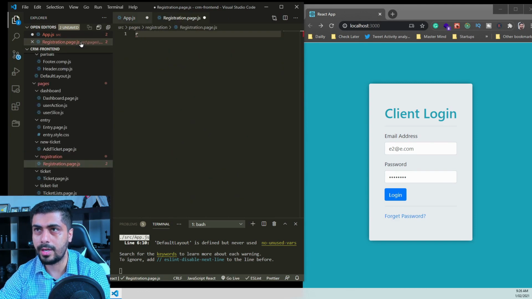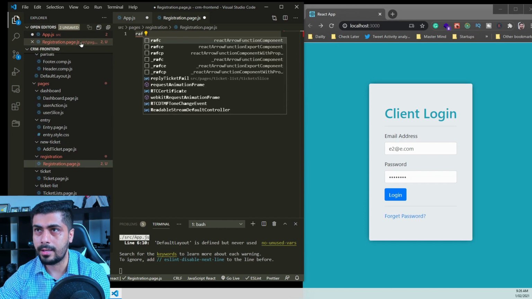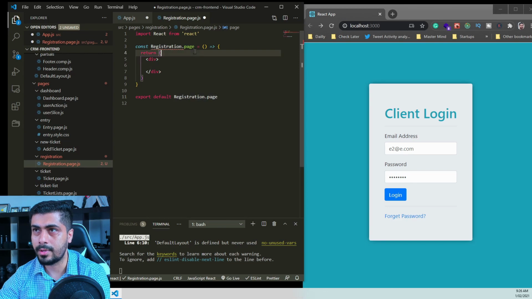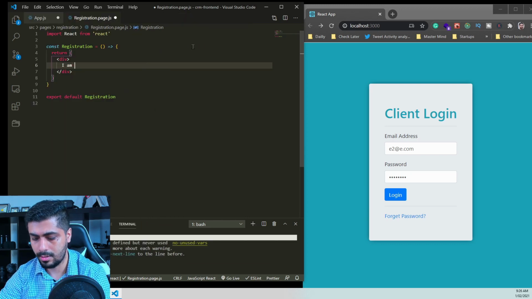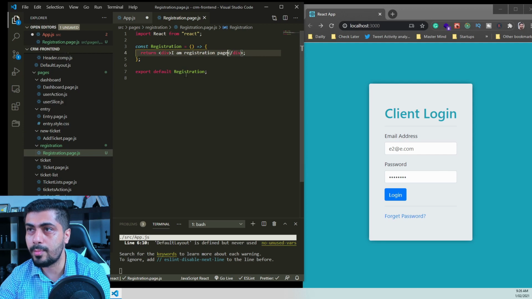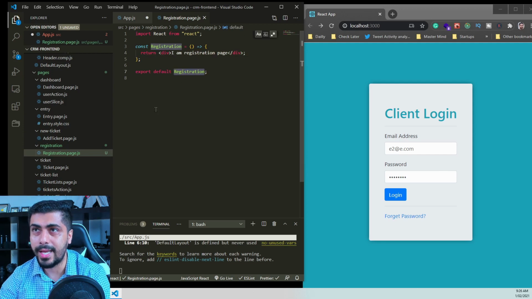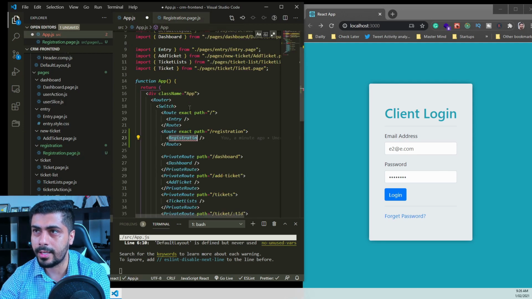So I'm going to call React arrow function here, export. Here I'm going to say just the registration. We don't need registration page. And here I'm just going to say I am registration page. So I'm going to save that, and let's import this page in our app.js file here,